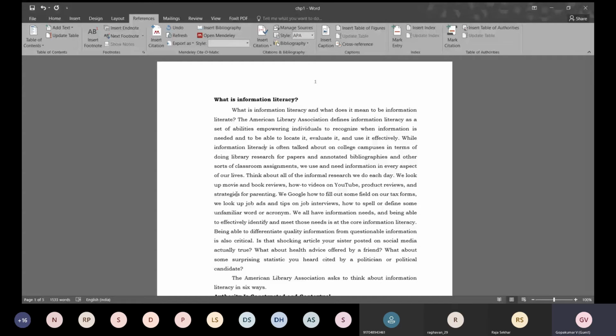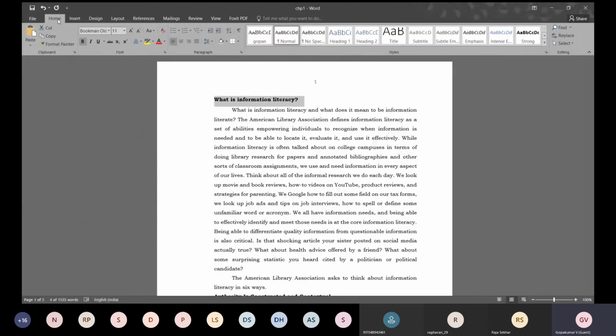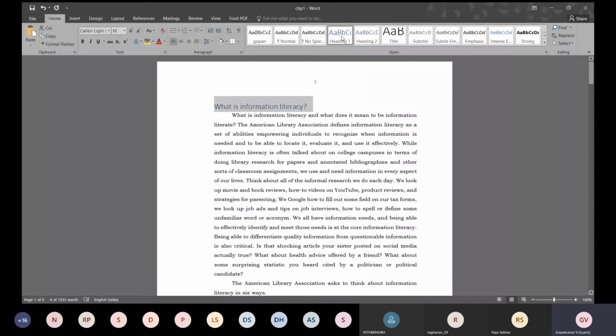So what you have to do is go to each item, select the heading, and click on Home, and then here there is an option called Heading 1, Heading 2, like that. Select this and say that this is my Heading 1. Heading 1 means it is heading level 1, first level heading. Now you feel that it is very thin, but you have to go to your style manual and see what specifications they give for first level heading. Based on the style manual only you have to do it.